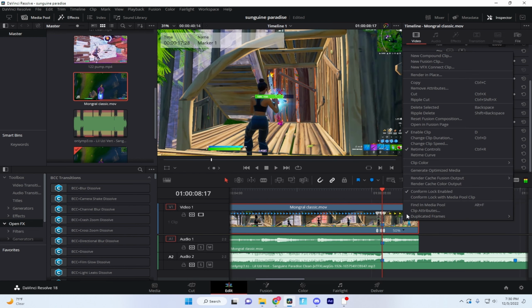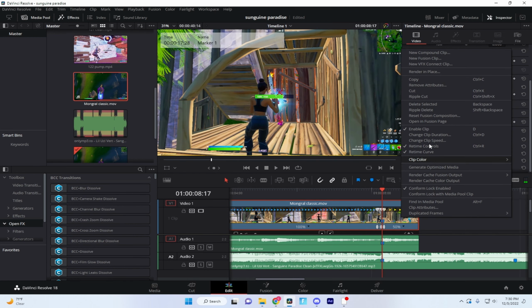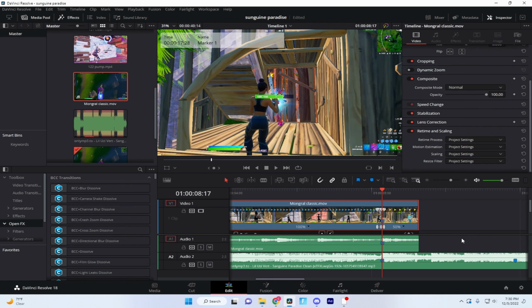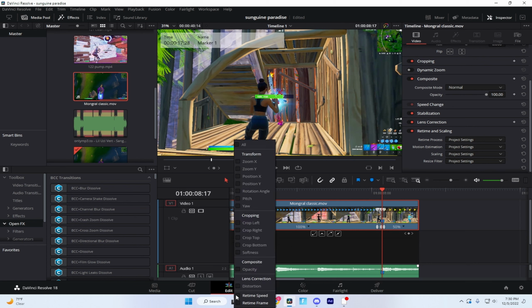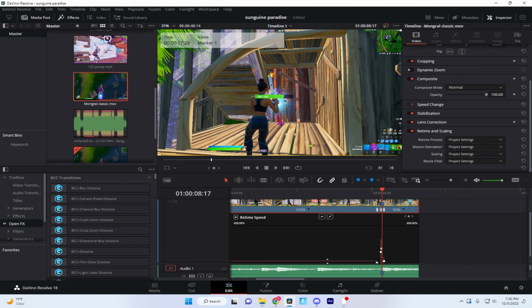So that is good velocity, but we can make it better. So just right click and hit retime curve, and then make it bigger by dragging this down. Uncheck this and click this and uncheck retime frame and check retime speed. Go down,